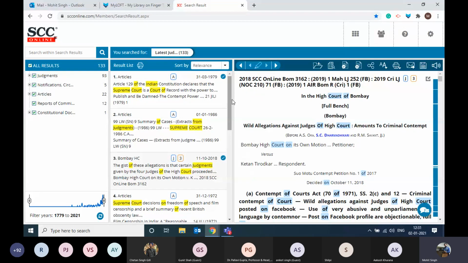So what went wrong? How to do research, and what is the correct way of searching with the help of the word search? That's what we are going to find out now, right? So till now we have got only 133 documents. Let us go back to the word search and try this search again with a different method. In order to go back, you click on this icon, that is a dashboard icon.